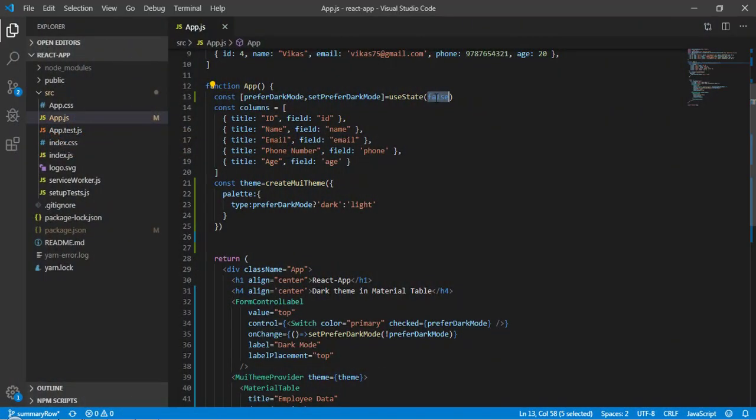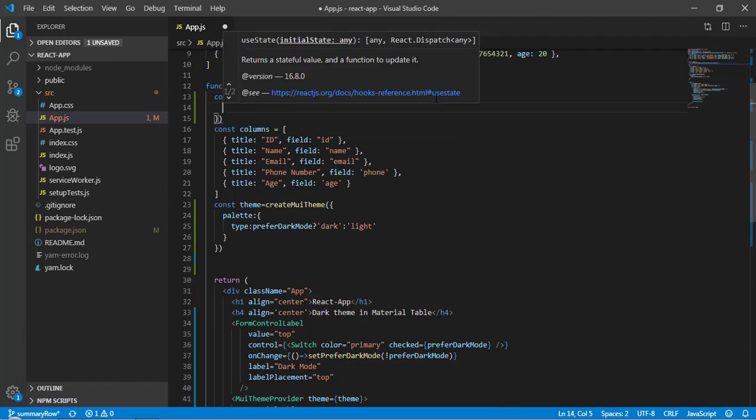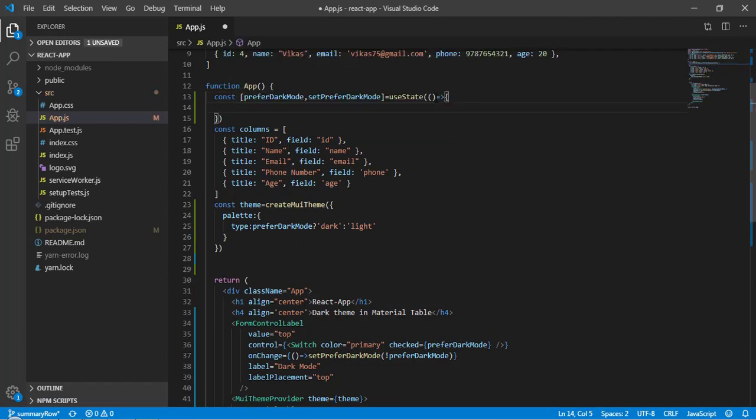So in order to save the user data we have to use local storage. For that, this is the useState and it is going to take a callback function, and now here I can read the data from the local storage.